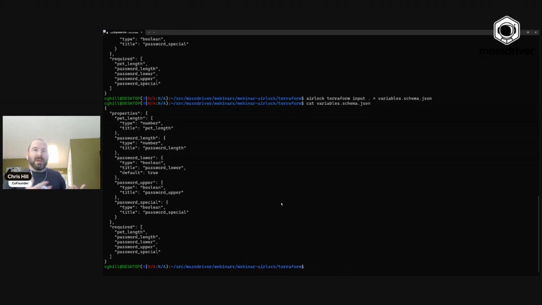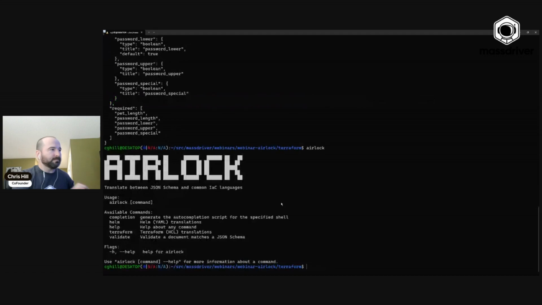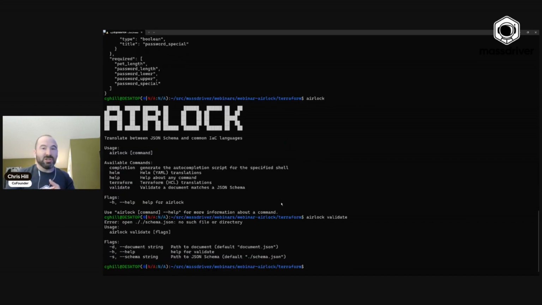Now what we can do is we can actually use Airlock to do JSON schema validations. That's something we haven't really talked about, is how do you validate? There's actually a lot of online tools that you can use. If you just search for JSON schema validation, there's numerous tools where you can add a schema file and you can add a JSON document, a blob, and it will validate whether or not the blob matches the schema. We actually also have, if you look at Airlock, a validate subcommand. If I go Airlock validate, there's a -d document and a -s schema. So we can use Airlock to actually perform the